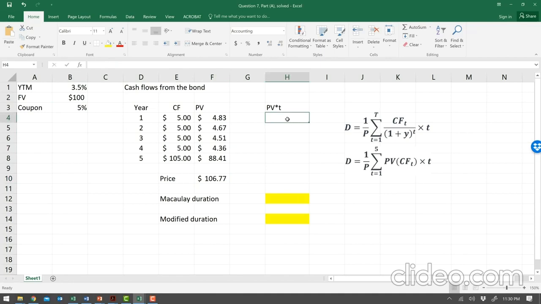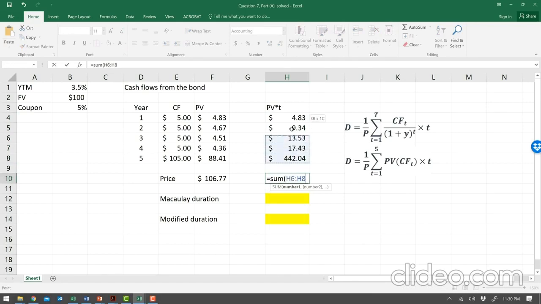Now the next step: I will compute the present value of each of these individual payments and multiply it by the year in which it occurs. I will add them up as well. And then I will compute the Macaulay duration by taking the sum and dividing by the price of the bond. And so this would be the Macaulay duration of this bond. So it's